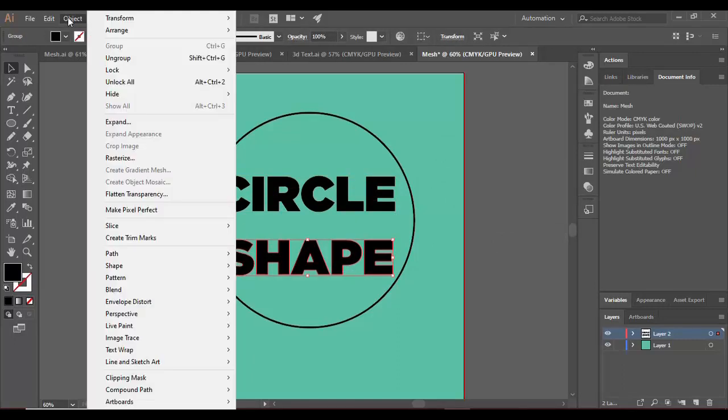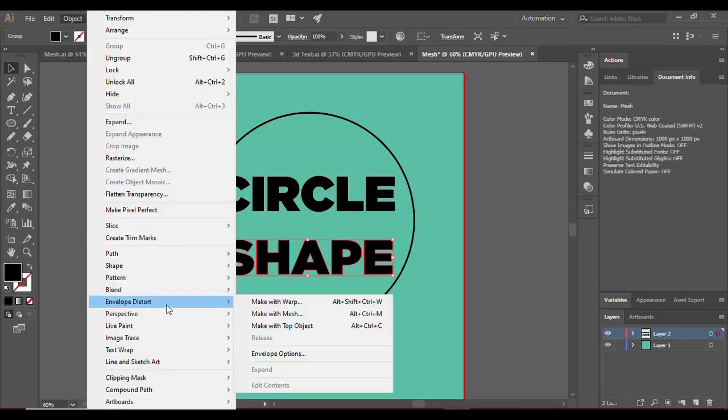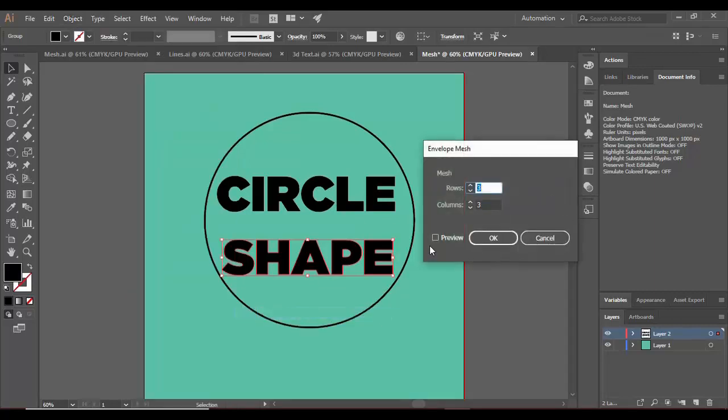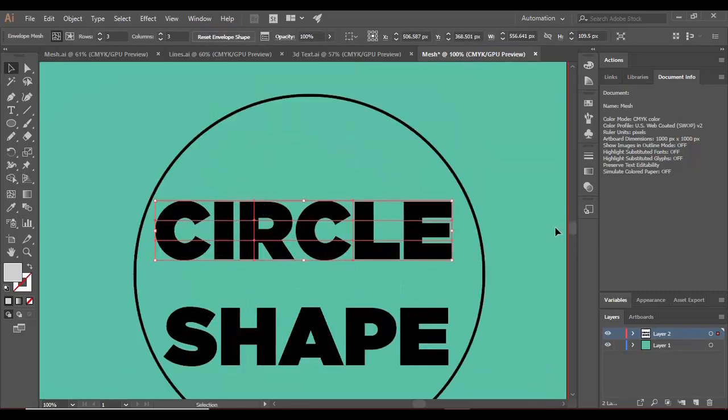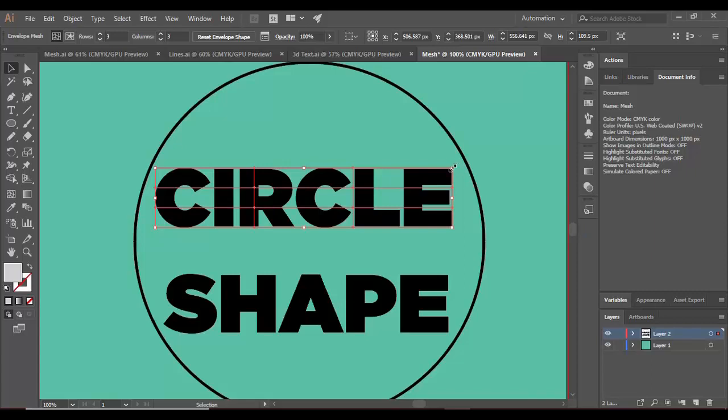The same thing you got to do with the shape text as well. So click on it, go to Object, then go to Envelope Distort and select Make with Mesh, and make sure that the preview is turned on and choose the number of rows and columns as 3 and 3 and click OK. Now zoom in into your artboard a little bit,